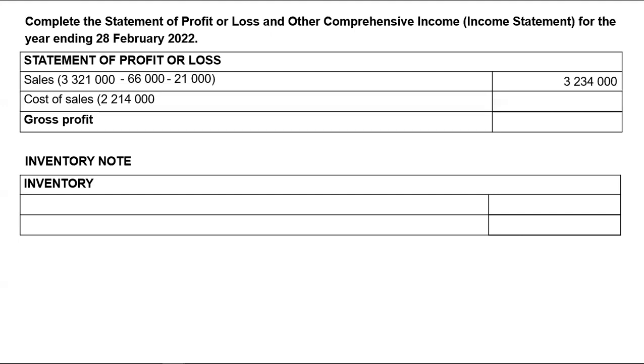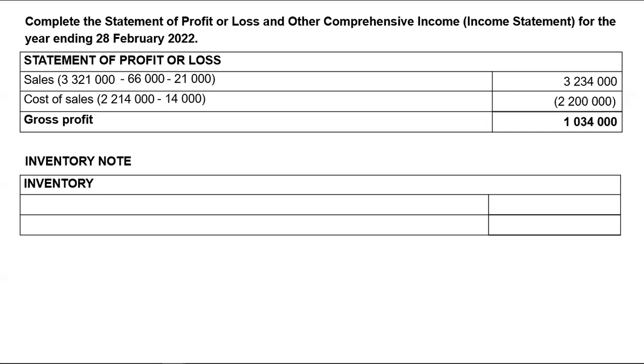I had so many students that calculated cost of sales of that 66,000 and they subtracted it from 2,214,000. When you do that, you are subtracting it twice. The fact that it was there in the trial balance, it means that all the transactions were recorded. So all you have to do is just to close it off against sales. That's all you do. But with that 21,000, it was not recorded. Therefore, we will need to subtract the cost price of that 21,000 from the cost of sales. In this case, it will be 14,000, and your net cost of sales will be 2,200,000. Take a sales figure of 3,234,000 minus cost of sales of 2,200,000. You will have